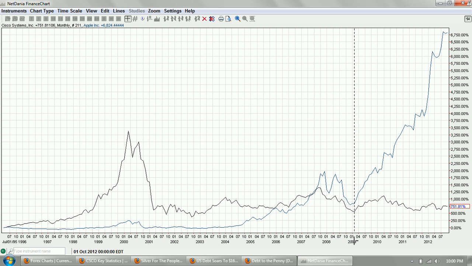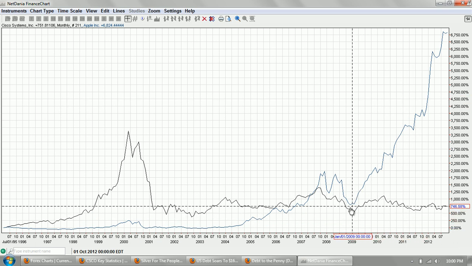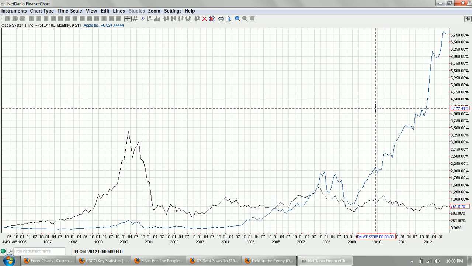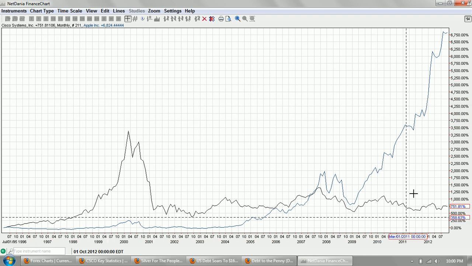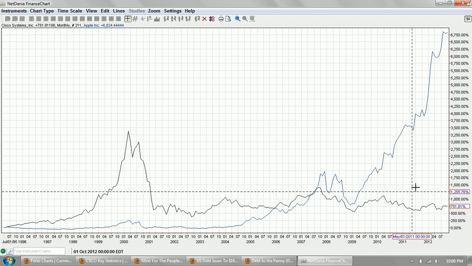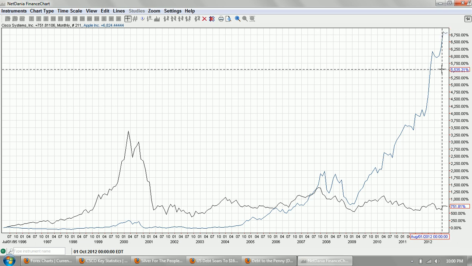and we're going to look at the paper printing here when we look at the fiscal cliff, but when the March bottom began and the money printing began in earnest, then Apple took off and never looked back. Of course, Cisco, being a type of legacy company that had already gone through its growth phase, just kind of went sideways to down. So you can see that the bubble in Apple is that much larger than the one that was in Cisco,